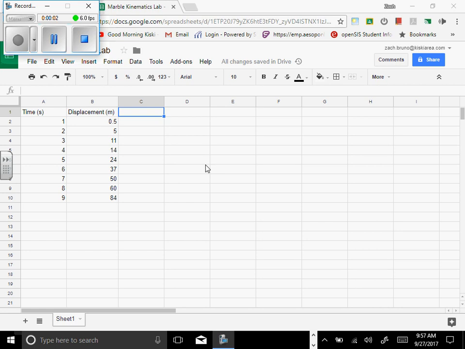Okay, everybody, welcome back. So this is the video for the velocity versus time graph. What we want to do is graph the velocity on the y-axis, just like we did the displacement in the first graph. So I'm going to create a new column in my worksheet here, and we're going to call it velocity,